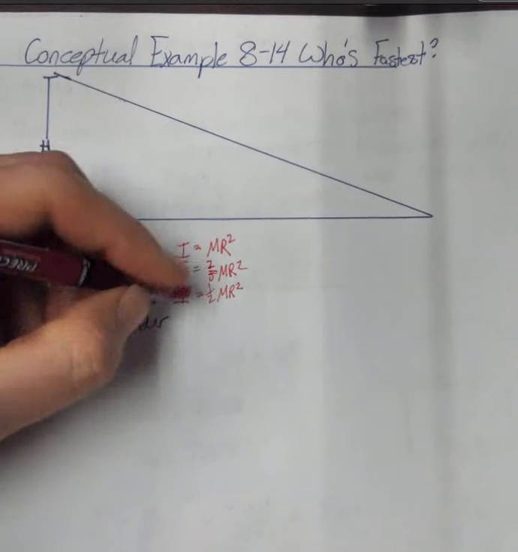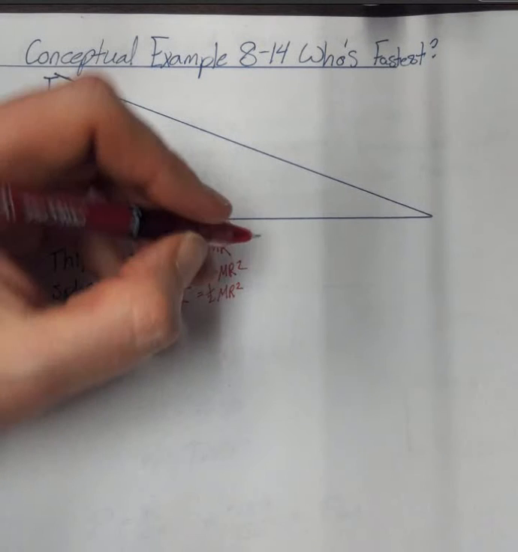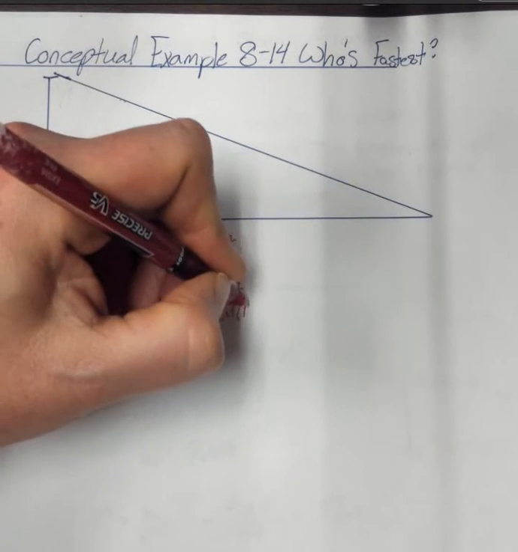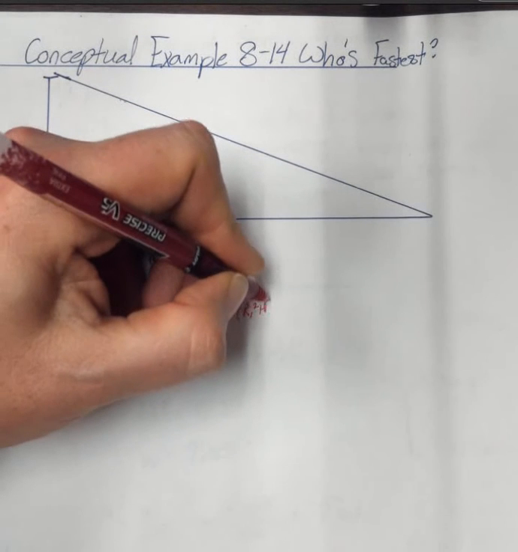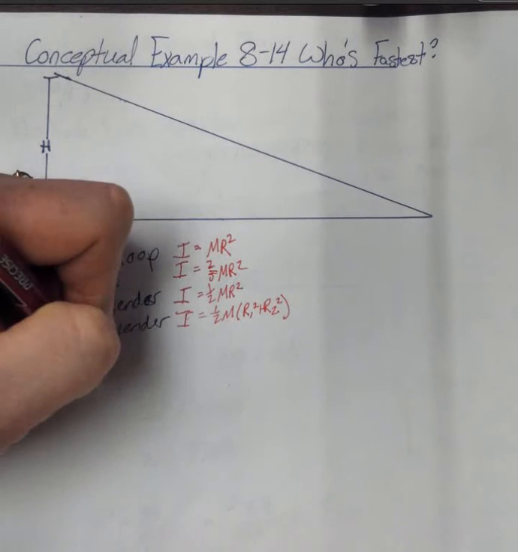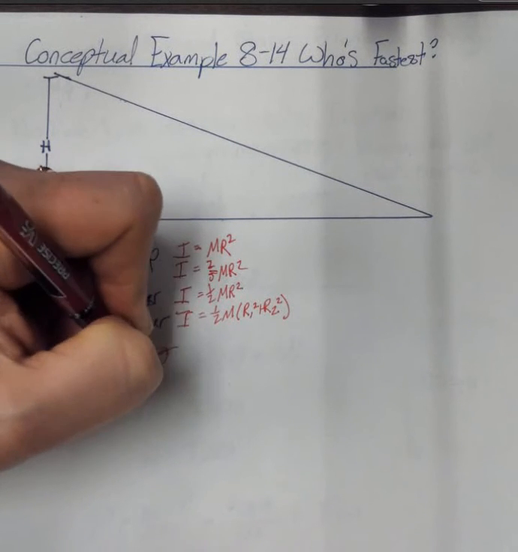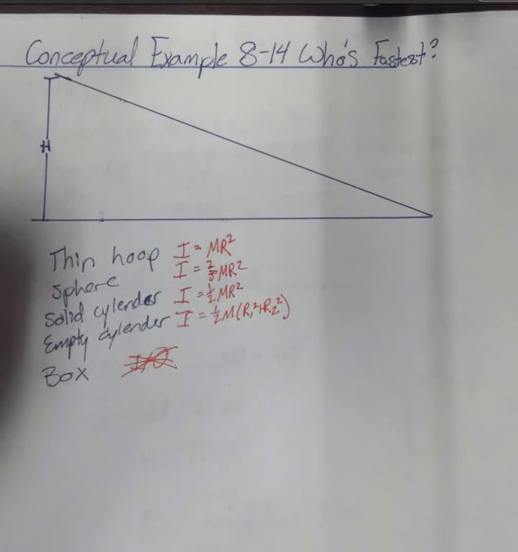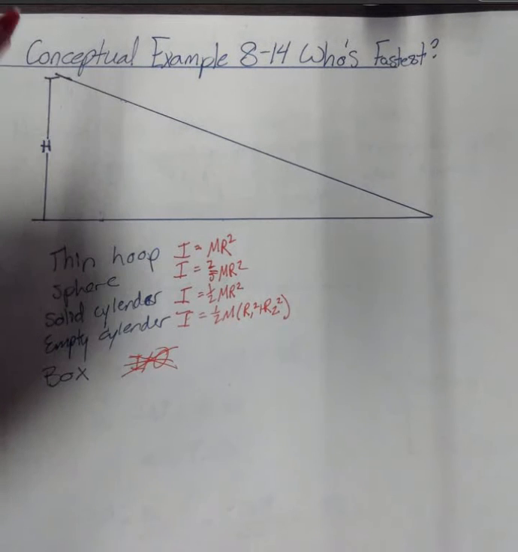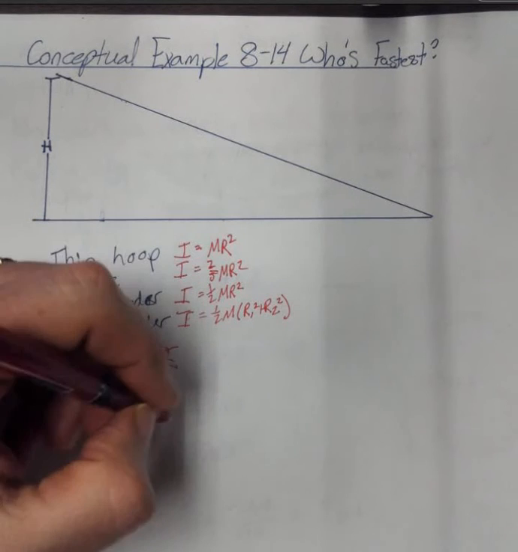And an empty cylinder is going to be I equals 1/2 m (r1 squared plus r2 squared). And a box, which does not roll, so there is no I. And so we're going to say which one, if they're all released at the same time from the same height, which one makes it down to the bottom the fastest. And we know that